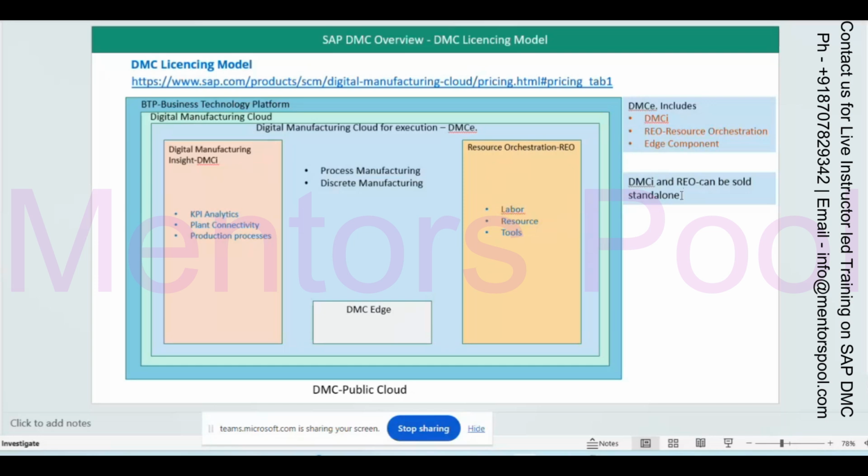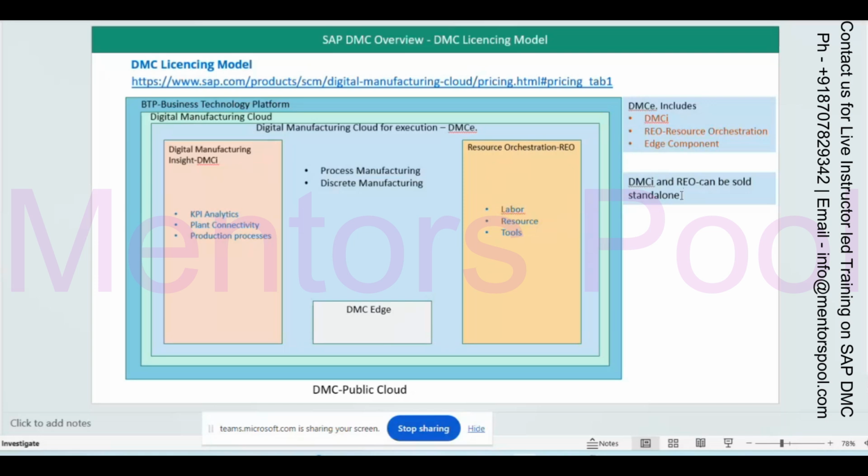Suppose you don't have S/4HANA. DMC is not tightly integrated in the sense that you must use S/4HANA, because DMC also provides a maintenance screen for creating a material, so you can create a material. It also provides a screen to create the order, so you can create the order as well.